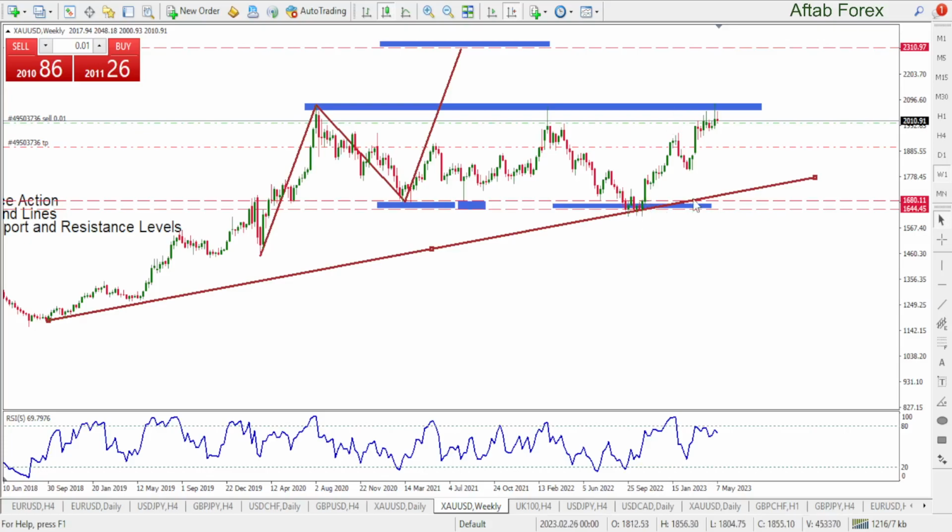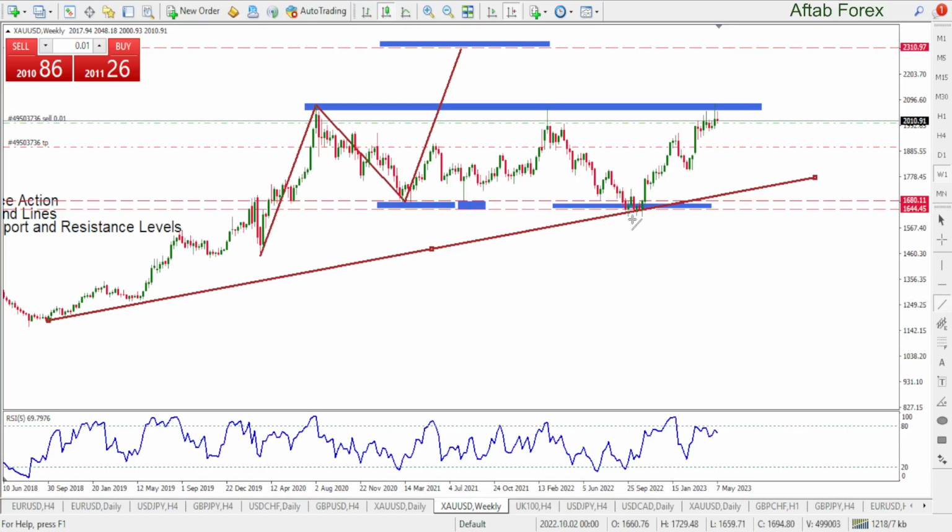So gold is obviously trending up. This is one thing I know, and I have discussed it last week as well. Second thing, it is not ideal for a long term buy. So if it is trending up and it is not giving me a place where I can take a good buy trade, what will I do?